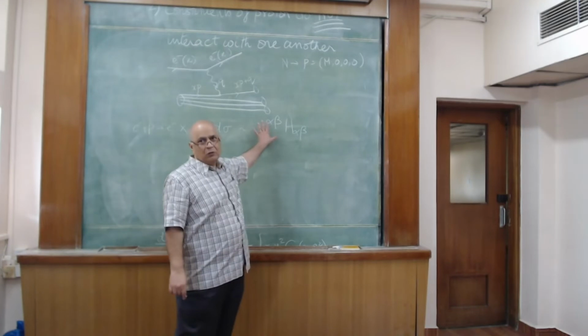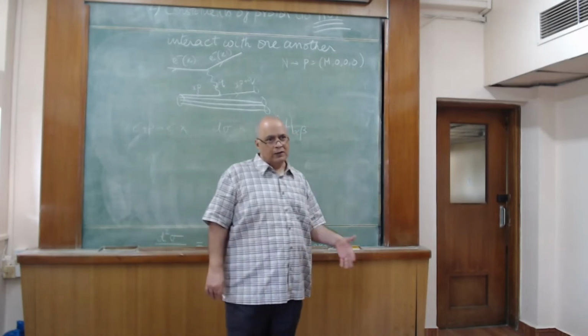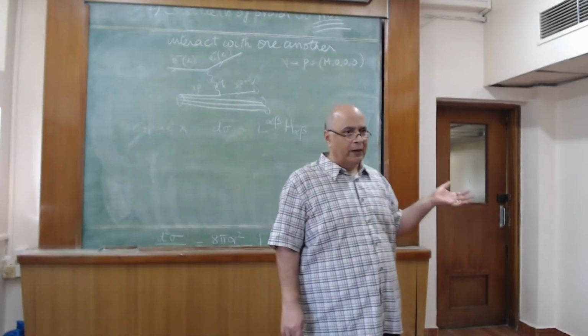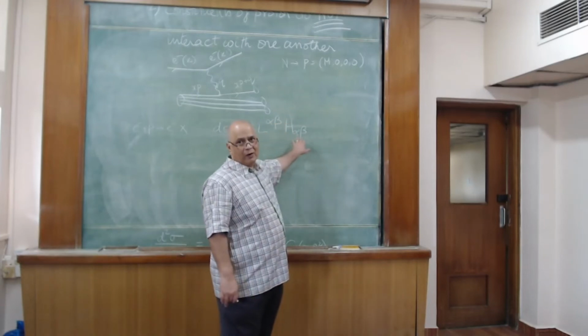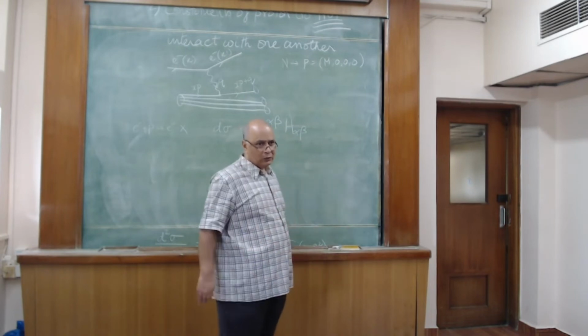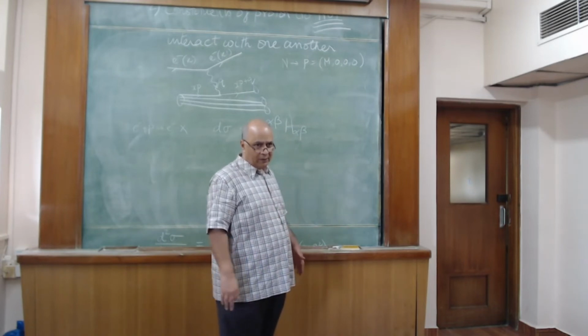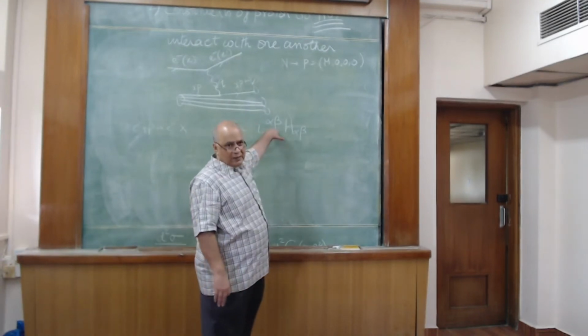Leptonic tensor, we knew exactly what it was. We didn't know anything about the hadronic tensor. There we used Lorentz covariance and electromagnetic gauge invariance to guess a form of the hadronic tensor, and that's how that W1, W2 came to be defined. Here the leptonic tensor is exactly the same, but